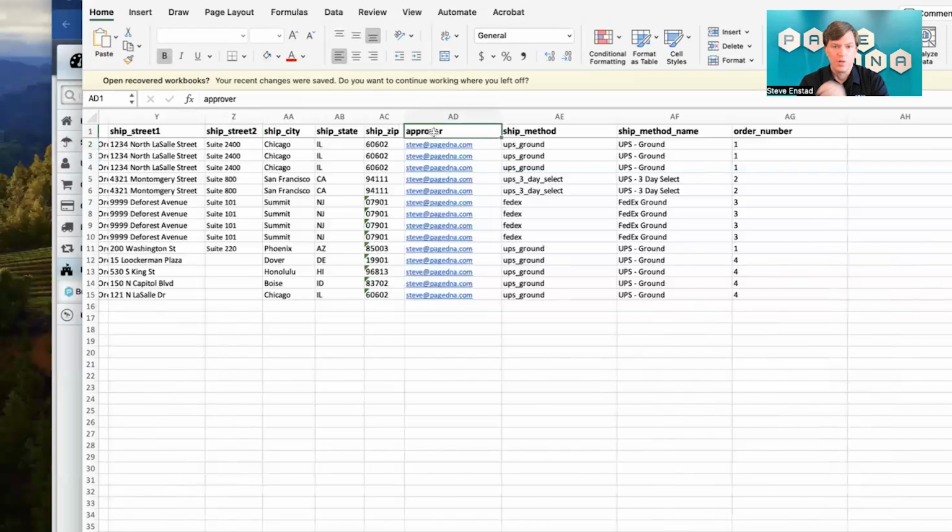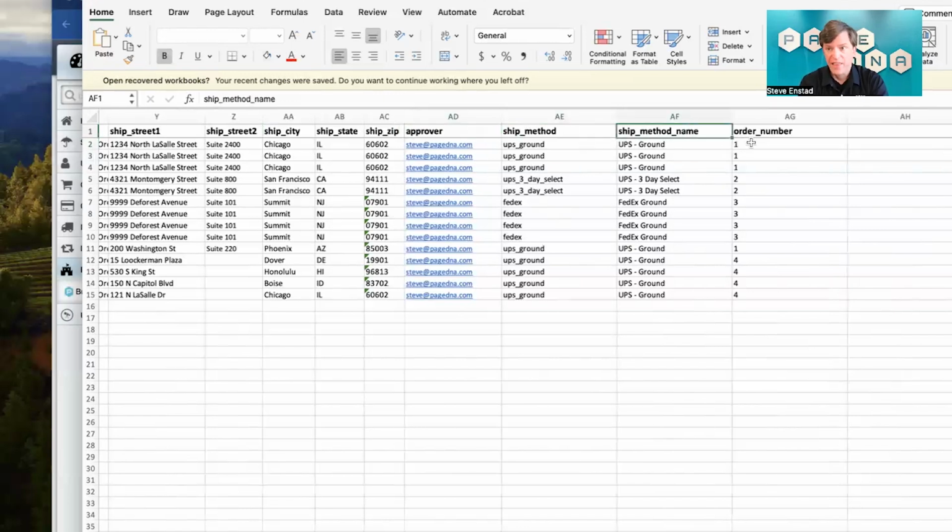we get to a very important column, the approver. With great power comes great responsibility, and tools like bulk orders cannot be used without either you or your client doing either a spot check or really checking each order to make sure that everything worked perfectly. I'm actually set up today as the approver. Finally, we have a couple other columns that indicate the ship carrier and the shipping method that will be used